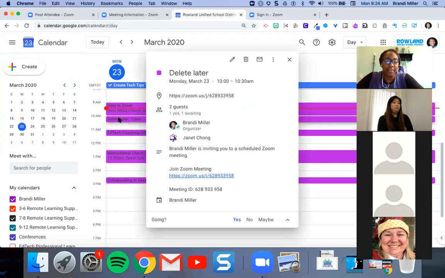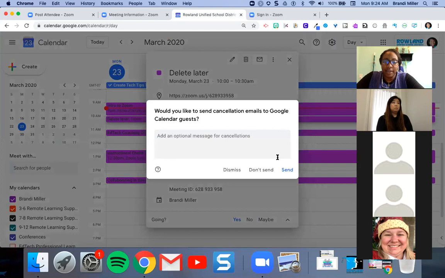When I click on that event, it gives me all of my information. It even gives me the link right here that I can join. So again, if you're using it with colleagues, you definitely want to push it out to Google Calendar so that it shows up on their calendar and they can easily access this link. If you are using this with students, you just need to copy this link and send it to them however you're communicating with them. So I'm actually going to delete this event